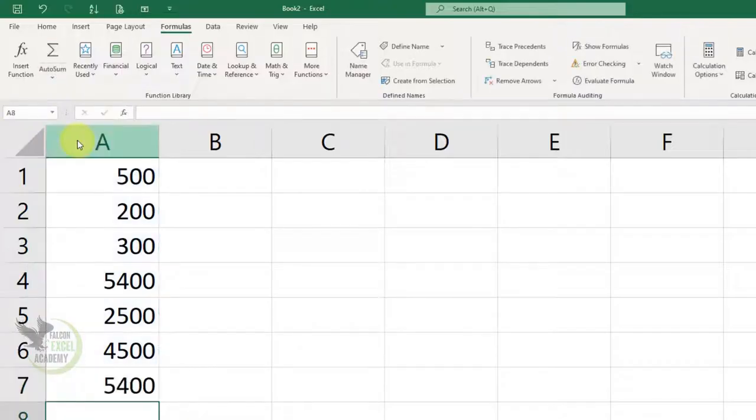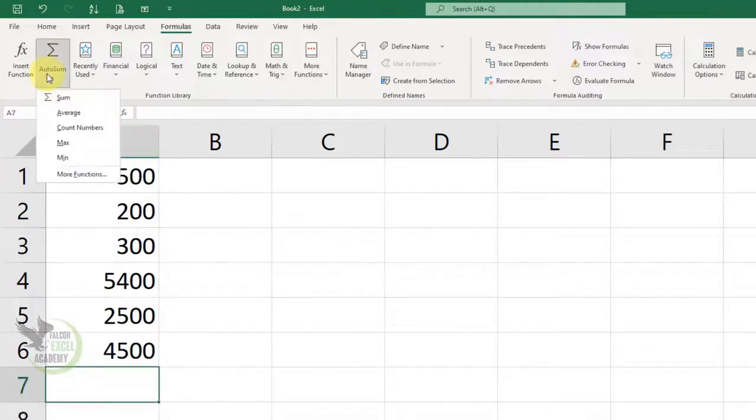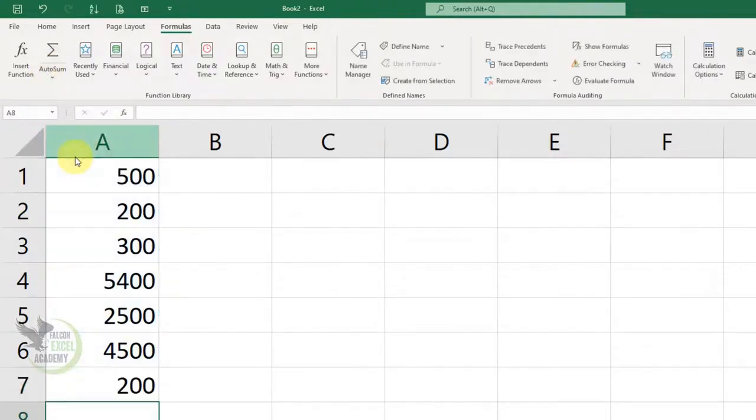And as soon as we press enter, you can see here that 5,400 is the maximum value. If you want to find the minimum value, then click here, click on minimum, and by pressing enter, you can also search for the minimum value here. And after that, the next topic we are going to explore in detail is the name manager and define name